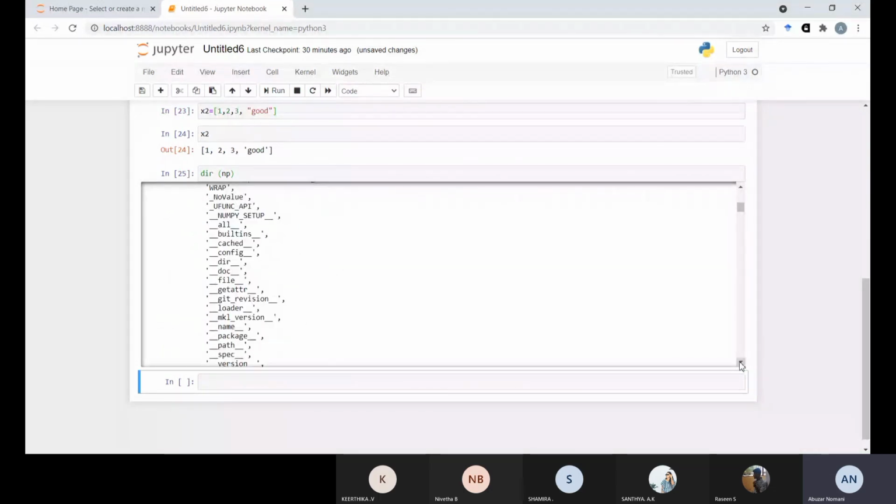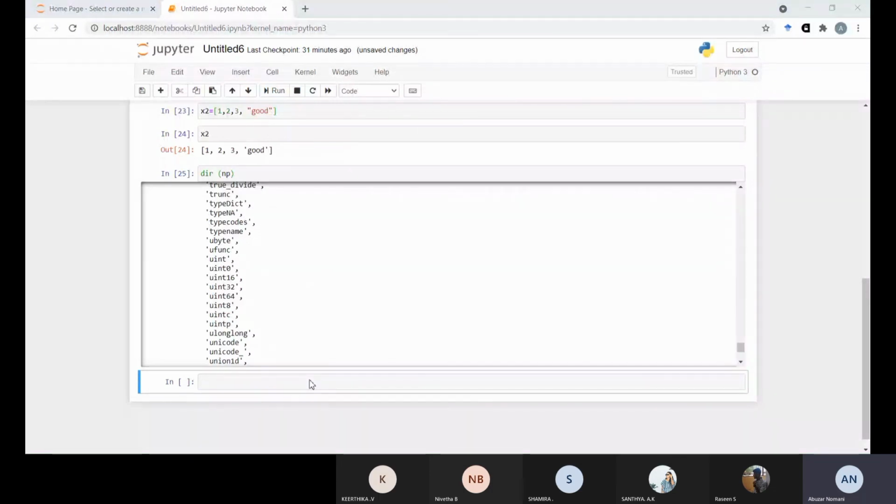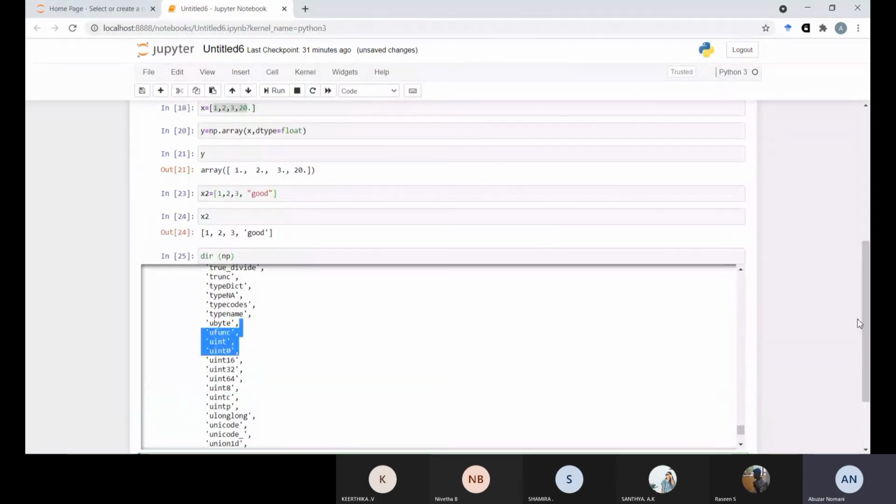Through that we can calculate the standard deviation, normal size, all the things related with a matrix. Now if we want to convert this into float, how can we make the conversion? Same example that we have done in the previous case, we can do the same with this also.